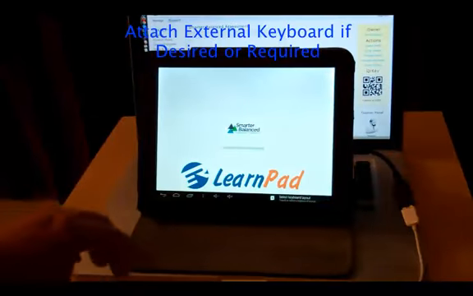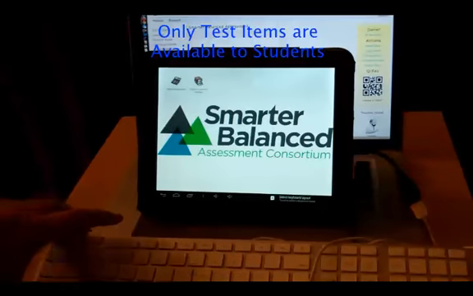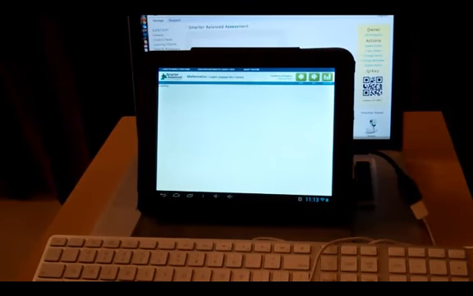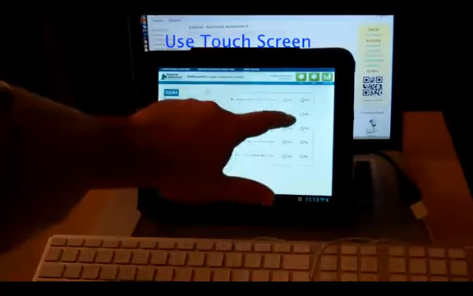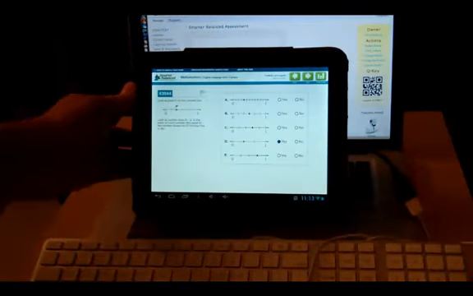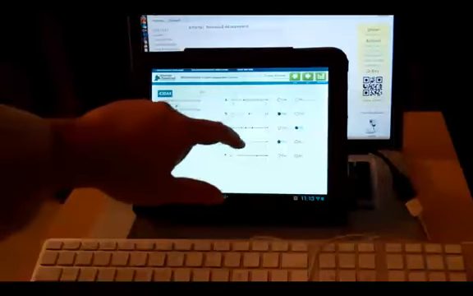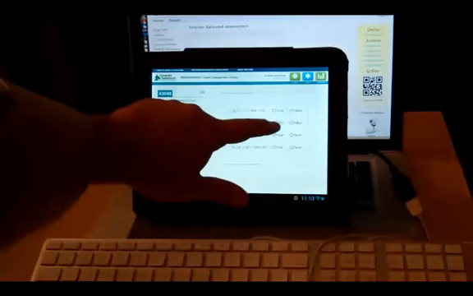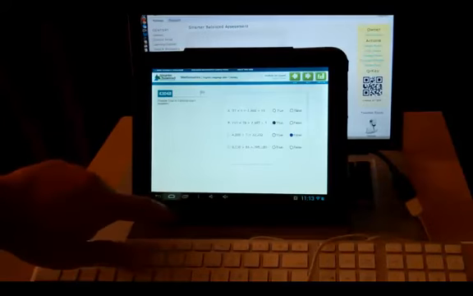I can plug in an external keyboard or mouse if I would like, and by clicking I can now launch into the content pack and then click the individual learning objects for the lesson. As I go through, you can see that I still have full capability of the touch screen interface where I can do selections such as multiple choice, radio buttons, or whatever. And as I go through, if I come across questions that require text input, I'm also able to switch to those. Going through some questions here now in the math release items just to give you an example,